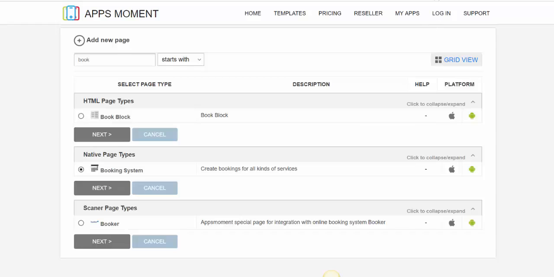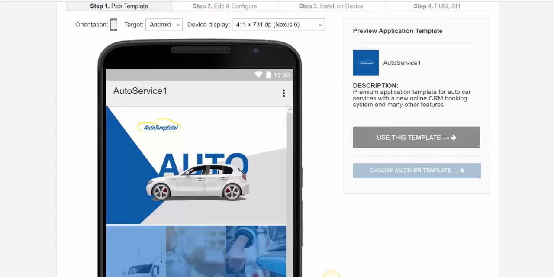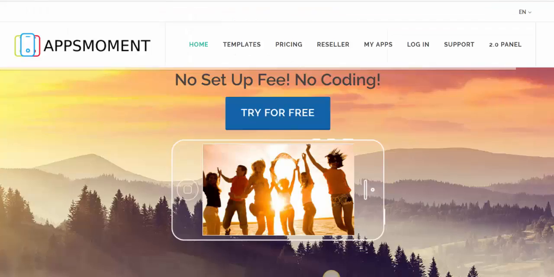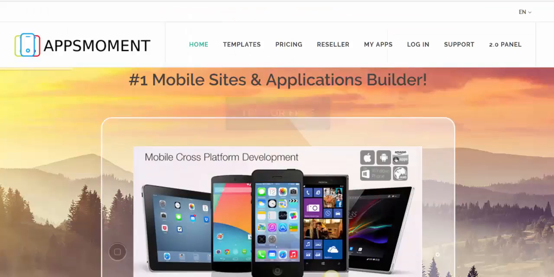Alright, so now as you can see, you'll be able to use this great feature in all your apps in 1.0 Builder. Okay, this is it for this video, so thanks for watching this one, and in the next video